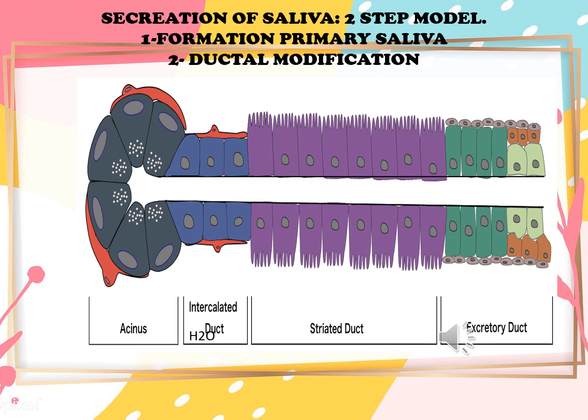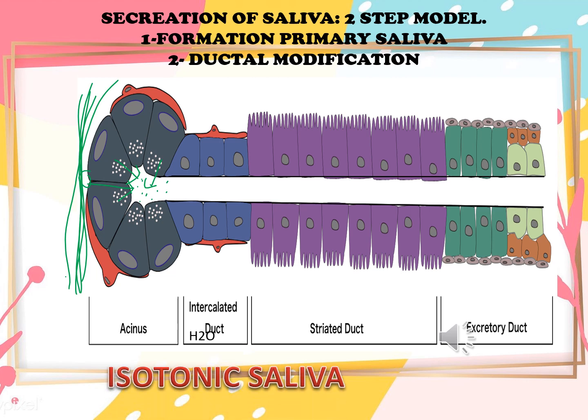So, some of the nerves will release the neurotransmitter through vesicles, and this will lead to the release of granules from the SNR cells into the lumen. Along with this, there will be secretion of electrolytes and water and contraction of myoepithelial cells. Now, events taking place in the SNS will lead to isotonic saliva. This saliva is isotonic in comparison to the plasma. From here, the saliva is transported to the duct for further modification.